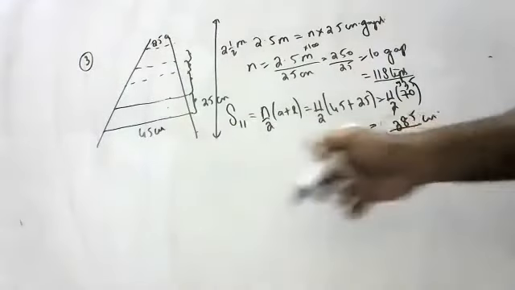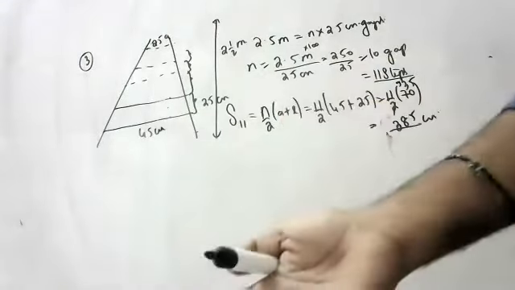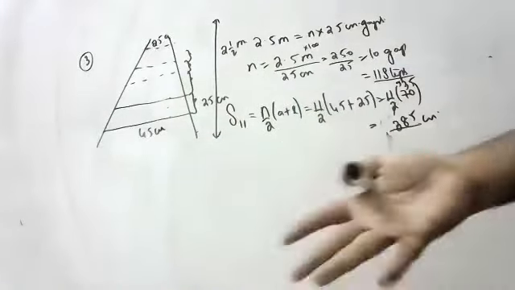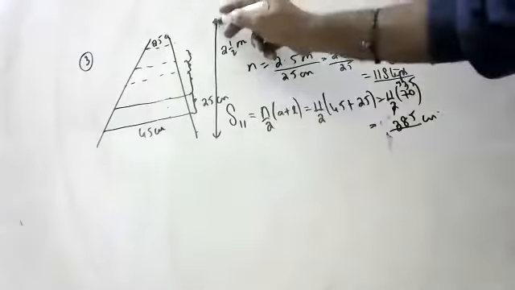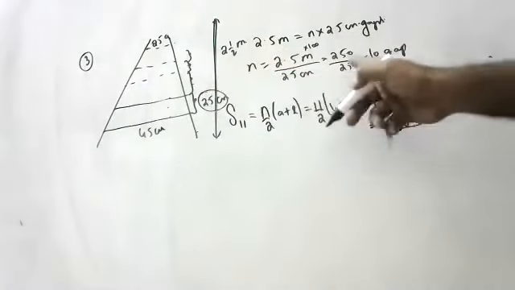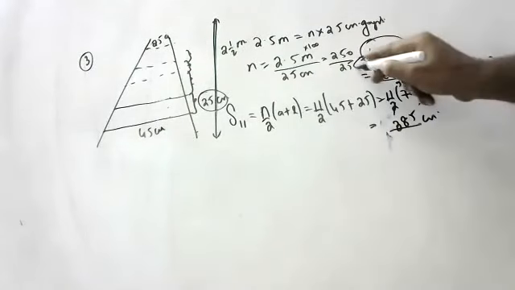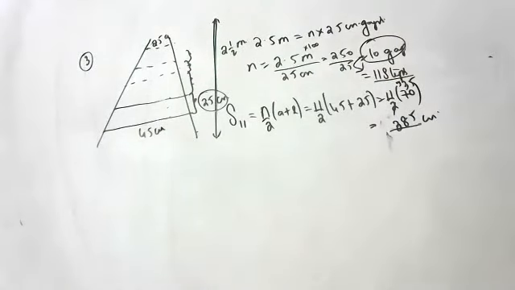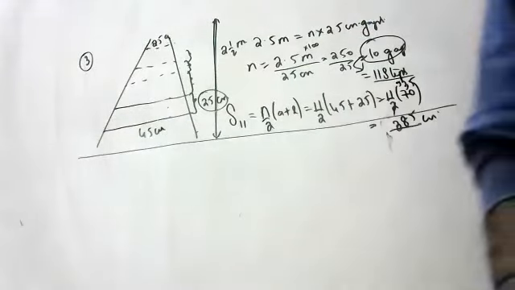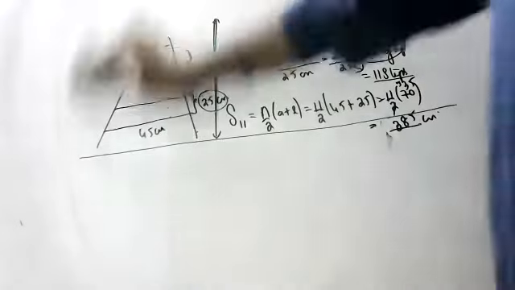How did I get 11 steps? Because I got 10 gaps. 10 gaps will have 11 steps. 11 gaps will have 12 steps. 12 gaps will have 13 steps, like that. So in 2.5 meters, how many 25 centimeter gaps are there? I counted, I got 10 gaps, and 10 gaps will have 11 steps. Children, at that moment you should get this idea. If you don't get this idea, it will become an unnecessarily big dilemma for you. Next question.